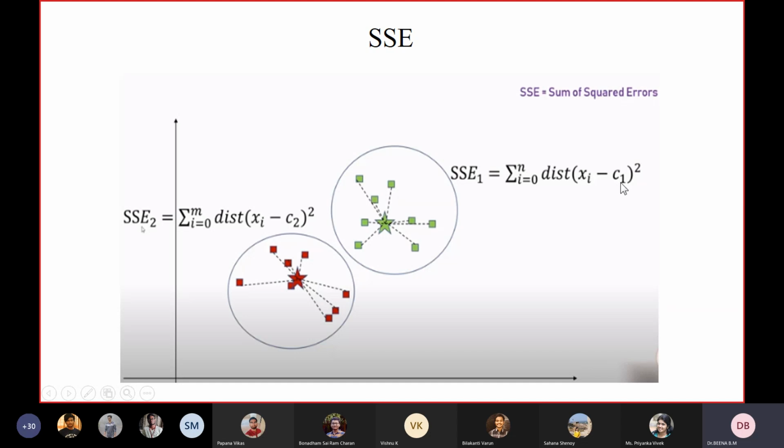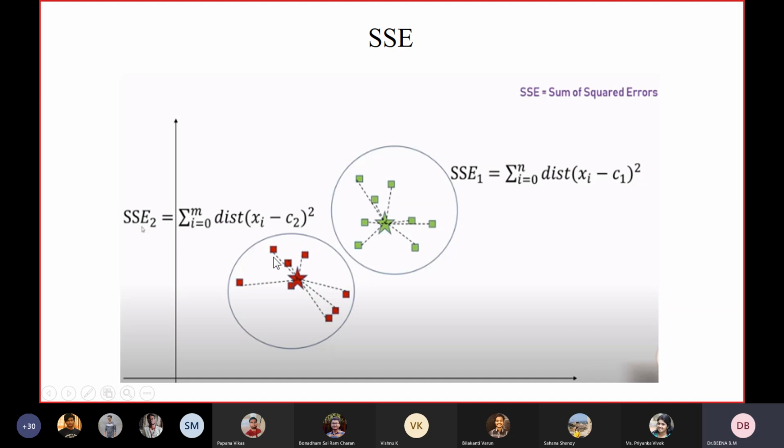So what is SSE? Sum of squared error means that for each of the clusters, we compute the distance of every data point from the center.